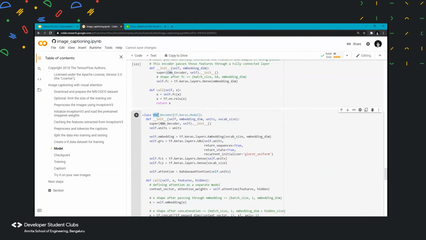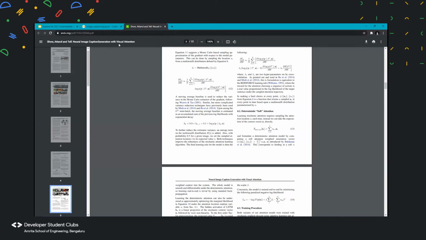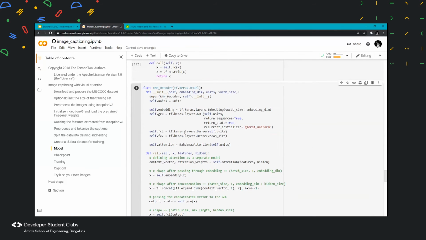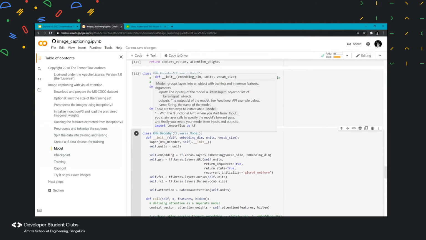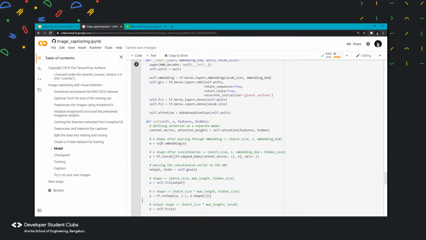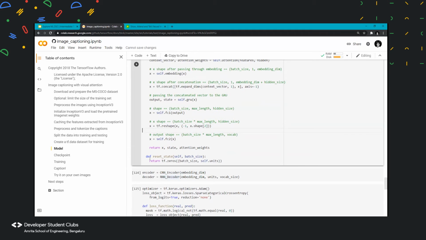And then another class is RNN decoder, that is, the recurrent neural network decoder, and this is the entire code for it. You can feel free to change it by understanding how they have come to a conclusion of fixating on these layers, and why we are using these particular things. If you want more clarity regarding this, there are a lot of examples from Google. You can get a lot of tutorials based on how encoders and decoders work in applications.